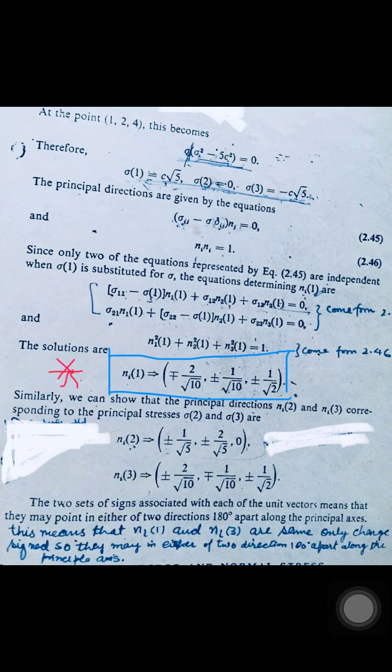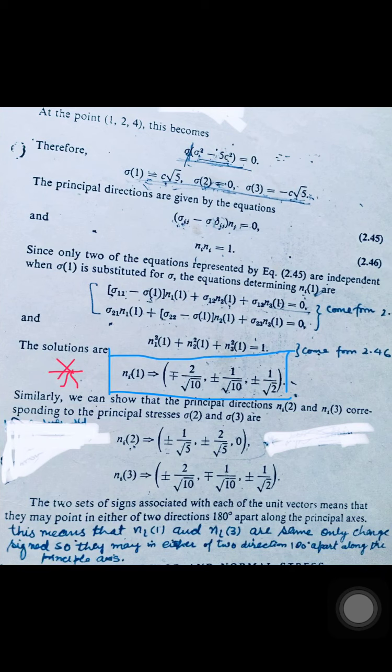Easily. Sigma a square minus b square is what? a plus b and a minus b. Okay, so we get three values of sigma 1, sigma 2, sigma 3. Sigma 1 is outside, so directly it is 0. That is written as sigma 2 is equal to 0. Sigma 1 is c under root 5, and sigma 3 is equal to minus c under root 5, as a plus b, a minus b. So a plus b, a minus b.